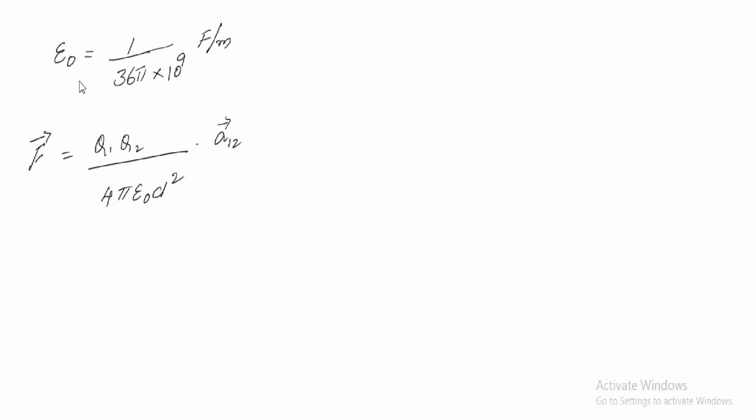This unit vector is along the length direction. So according to the definition of unit vector, from the concept of unit vector, the unit vector is equal to R12 by mod of R12. We have considered some distance vector R12 by mod of R12. So R12 is nothing but R2 position vector by mod of